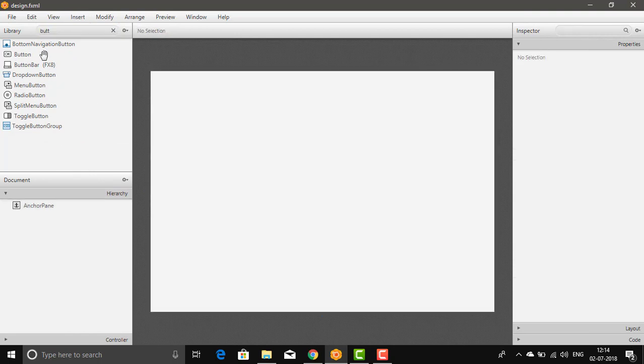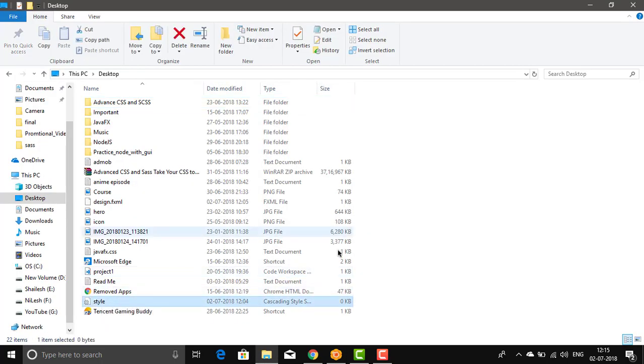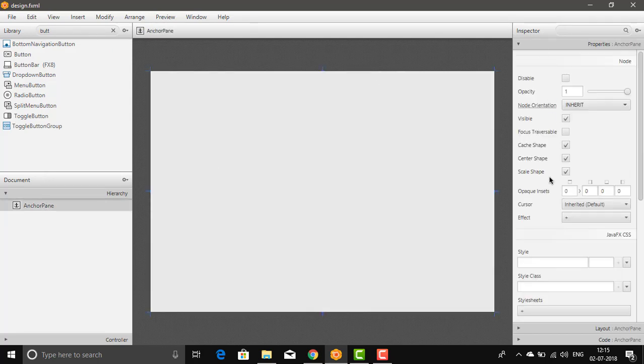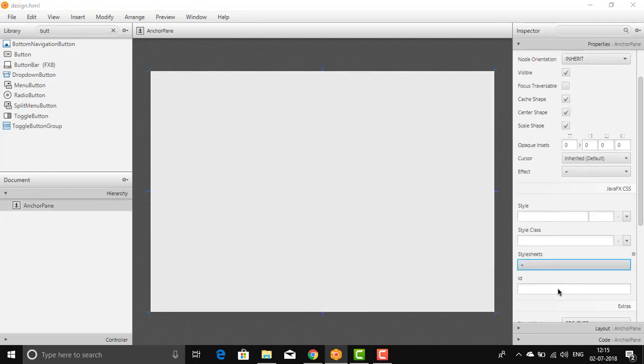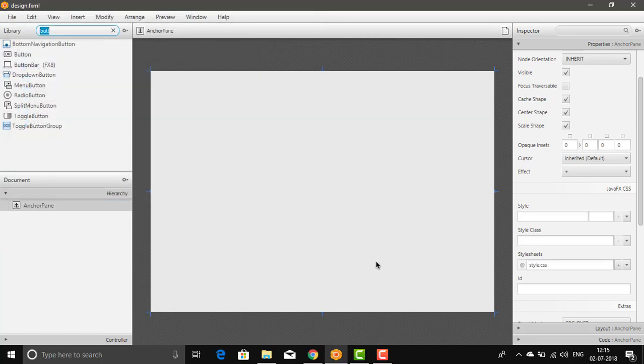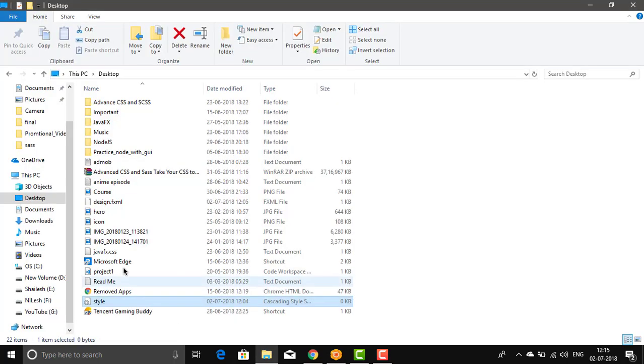So I have a small design here, one anchor pane here, and the style.css. First of all, add the style.css to the anchor pane. Then just add the fx:id. I have already added the fx:id, or you can use the default class name. So let's open this